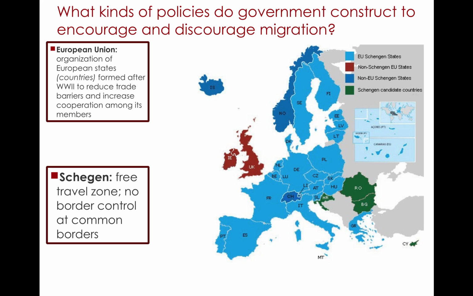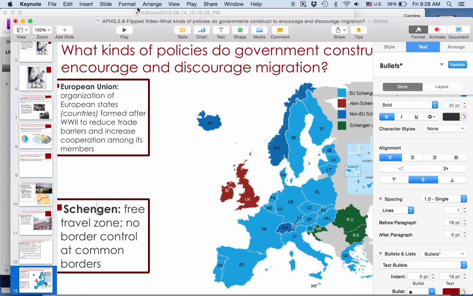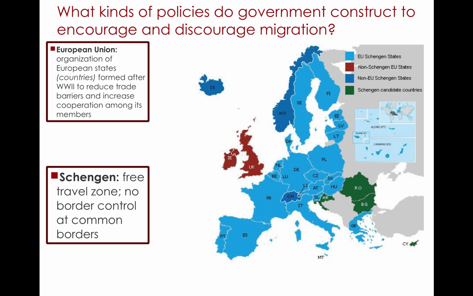So when you're in France, for example, and you travel to Belgium or the Netherlands or Luxembourg or Germany, you do not have to have a passport. There's free trade and open free movement of people and goods across these borders. And the term there, and it's misspelled, is Schengen. I'm sure I am mispronouncing that, so I'm going to apologize. If anyone has better German pronunciation, please feel free to correct me. But that's the term that refers to the free travel zone of the European states. There's no border control at the common borders.